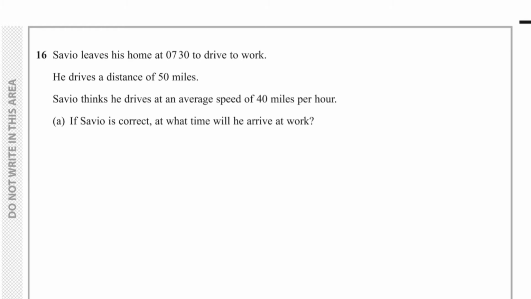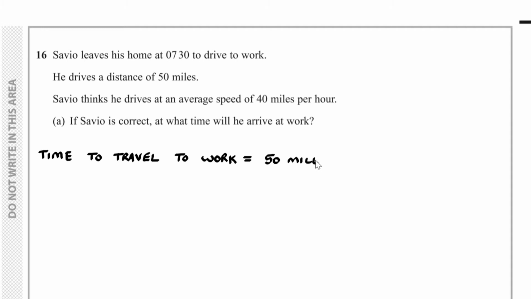Question number 16. Savio leaves his home at 7:30 to drive to work. He drives a distance of 50 miles. Savio thinks he drives at an average speed of 40 miles per hour. If Savio is correct, at what time will he arrive to work? What we can do is find out the time it takes for him to travel to work. The time to travel to work, that's equal to, well, we've got the distance,